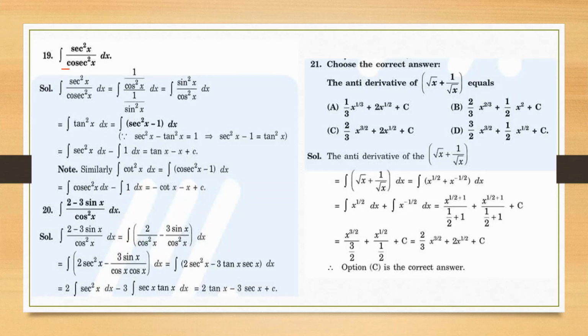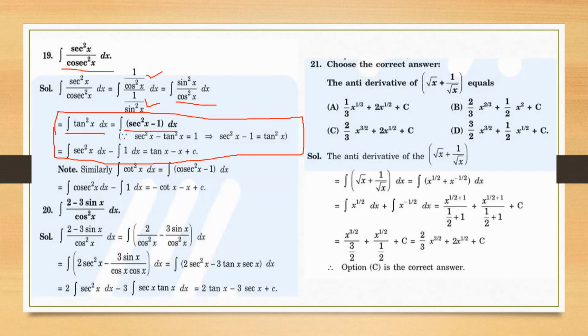You know that the integral of secant square x is tan x, okay? But when tan square x is to be integrated, remember it, commit it to memory. Similarly, cot square will behave in this way. For tan square x, you have to open it by the identity. Since secant square minus tan square equals 1, it becomes secant square x minus 1. Separate the integrals. Secant square x gives tan x, 1 gives x, plus c.